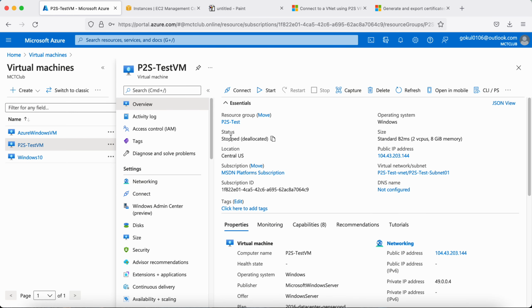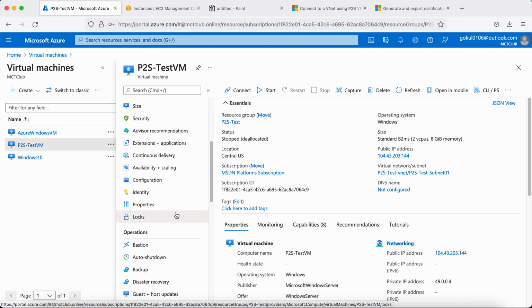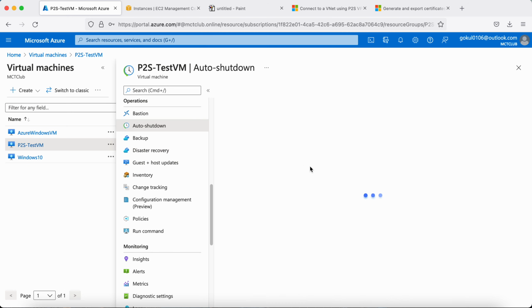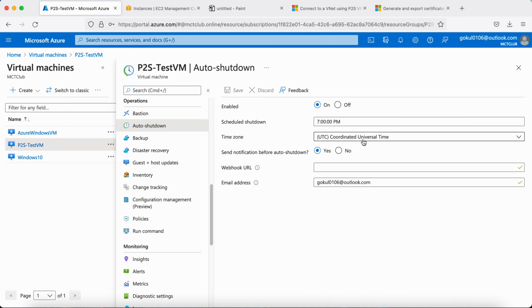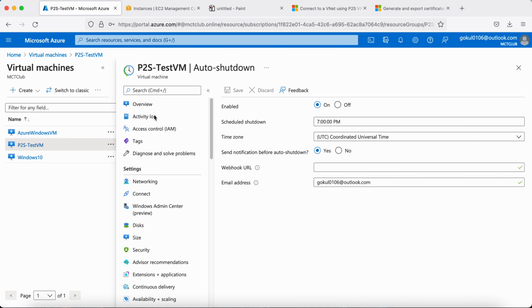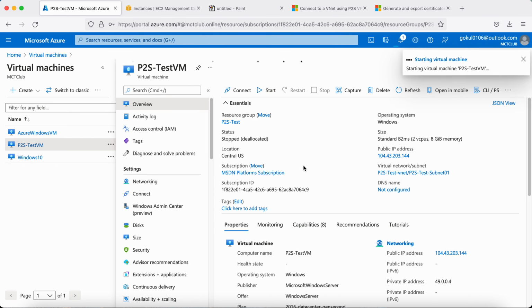Oh, okay, so the VM has stopped because maybe the auto shutdown was enabled. Yeah, so 7 p.m. UTC. It is 7 p.m. UTC. So now that's why the VM is shut down. So just start the VM, and once it fires up, RDP from this test VM